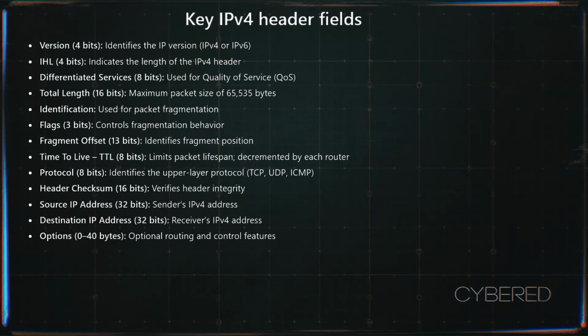So here we have the key IPv4 header fields. You've got version, 4 bits, IPv4 or IPv6. IHL, 4 bits, indicates the length of the IPv4 header. Differentiated services, 8 bits, used for QoS. The total length, 16 bits, maximum packet size of 65,535 bytes. You've got identification, used for packet fragmentation,